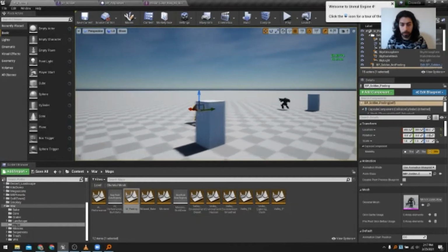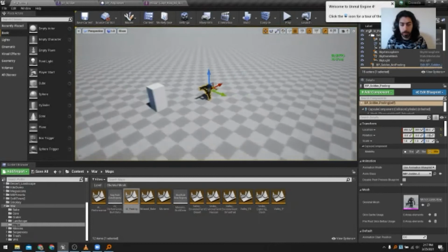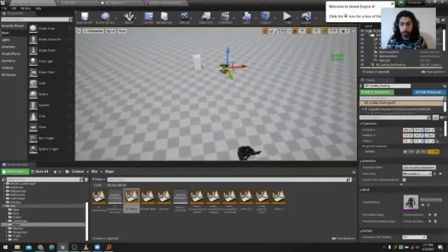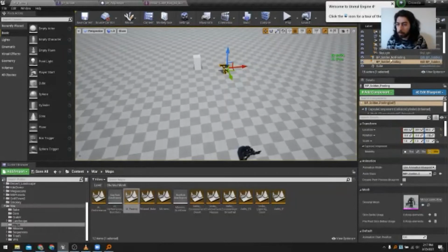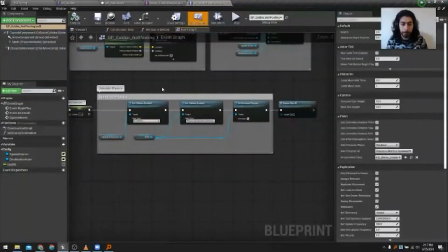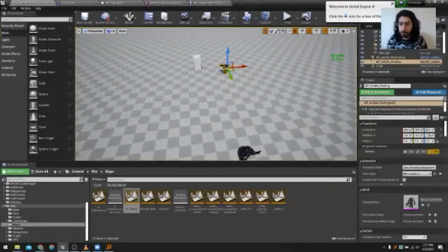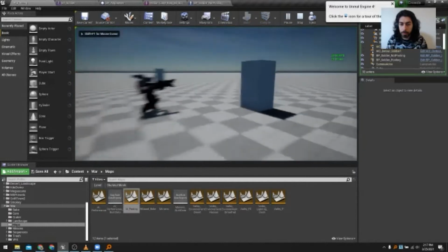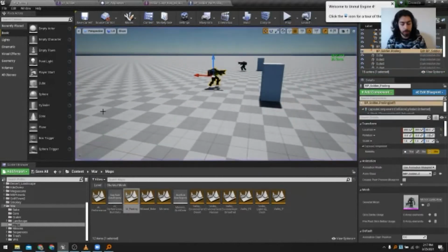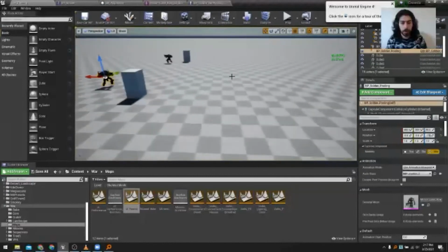One second, this is a skeletal mesh. Oh, there's no navigation, sorry.